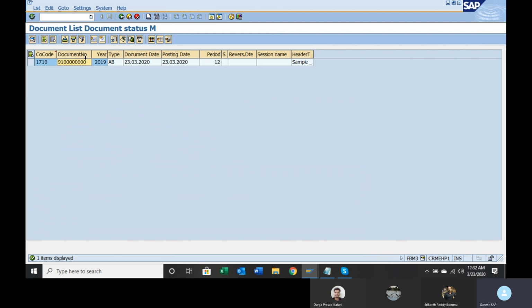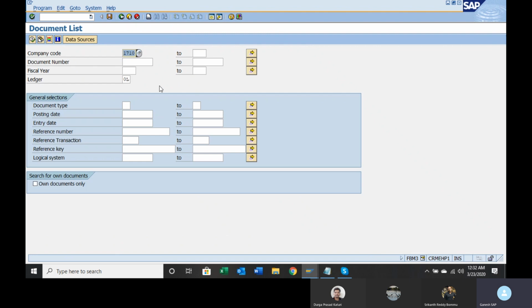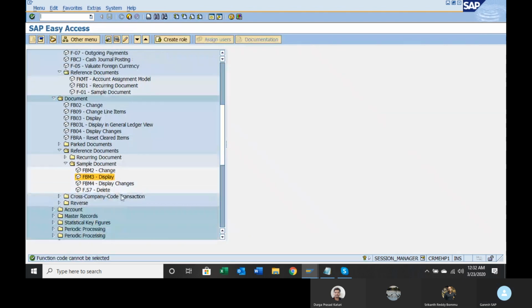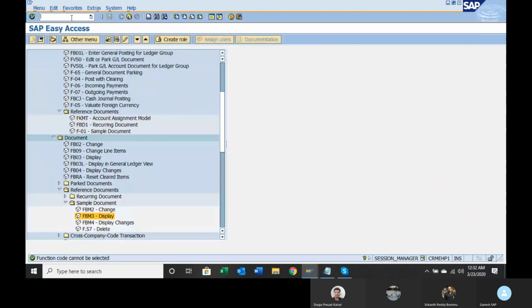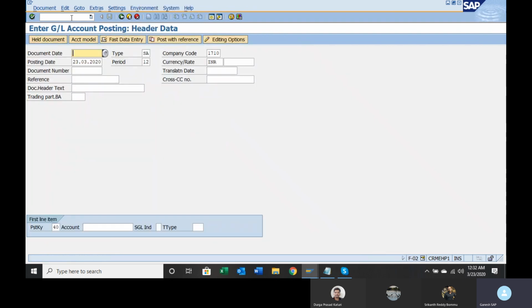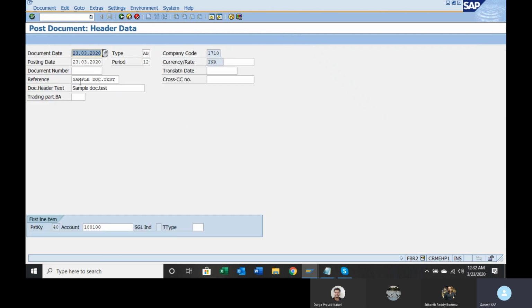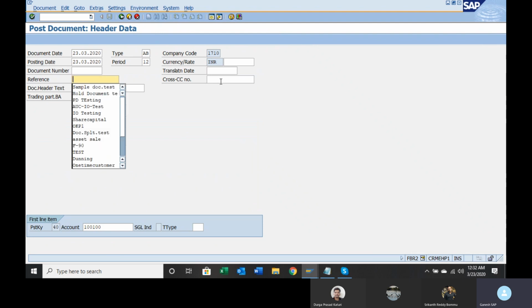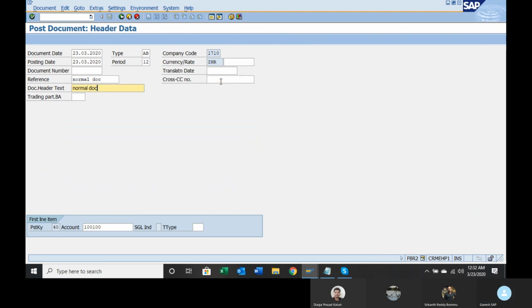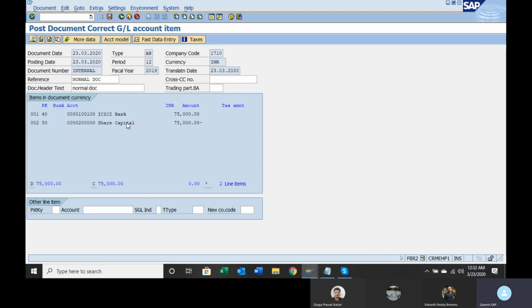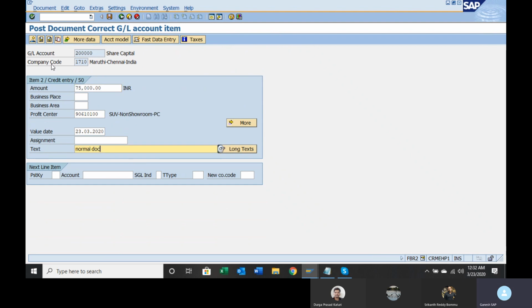Using this sample document, let's see how to post the original document. Control Y, Control C. I copied that number. Go to F-02. Go to document, post with reference. Give this document number and just press enter. It is not a sample document, it is a normal document. The text is all the same, only the text alone I am changing.